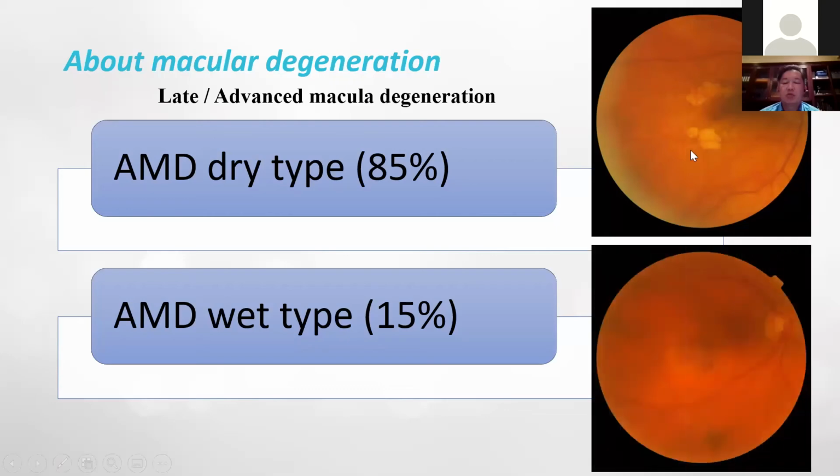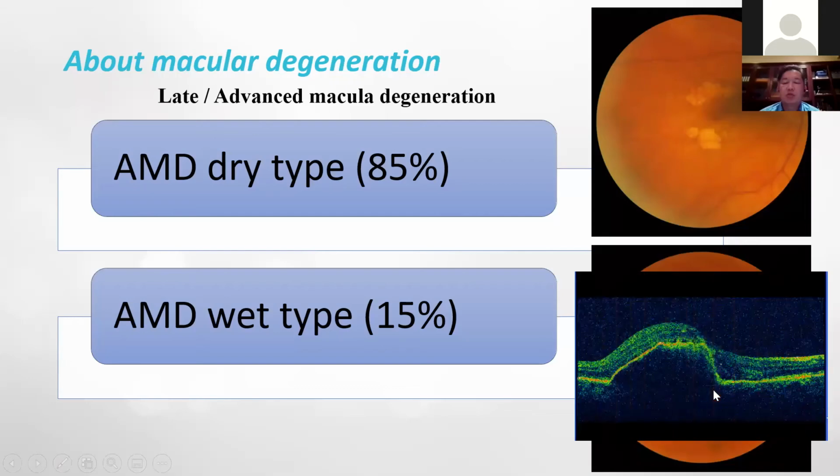In the wet type, usually what you have is a bit of damage, but also swelling of the macula. And again, you confirm that with an OCT. So normally, this is the retinal pigment epithelium. It sort of goes across like this. But here we've got a big lot of fluid that has caused this to swell, and that's why the vision's affected.